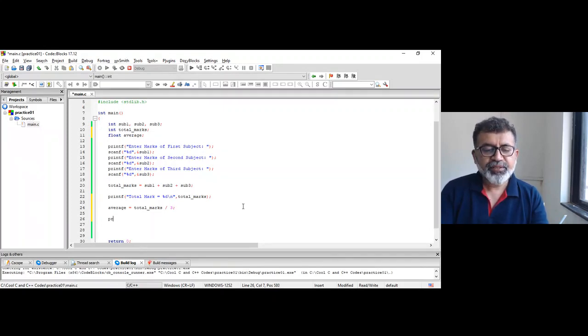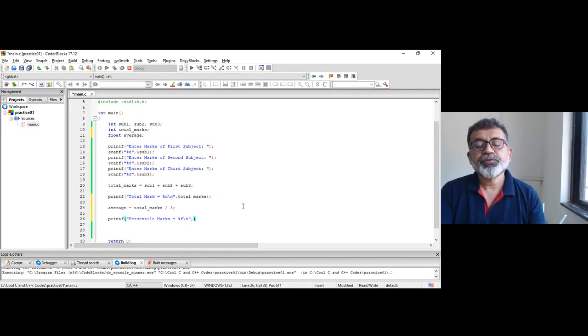and I can print that, percentile marks equal to %f. F is the format specifier for a real number, right? So it will be average.